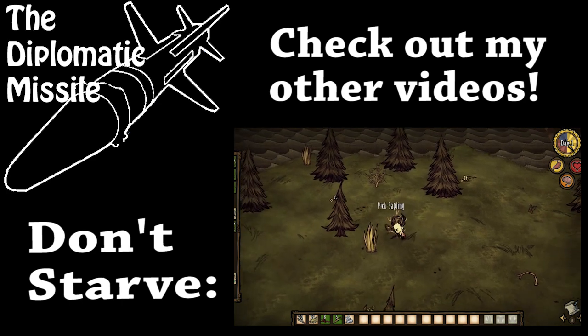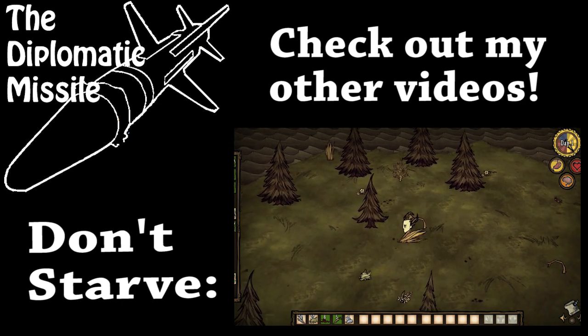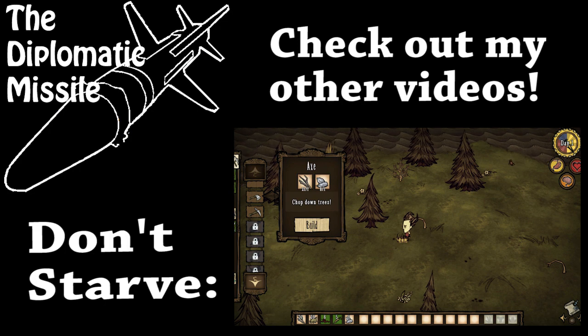So yeah, it's a lot of things that kill you straight off. And over here we have our crafting menu. So I'm going to craft an axe here from the